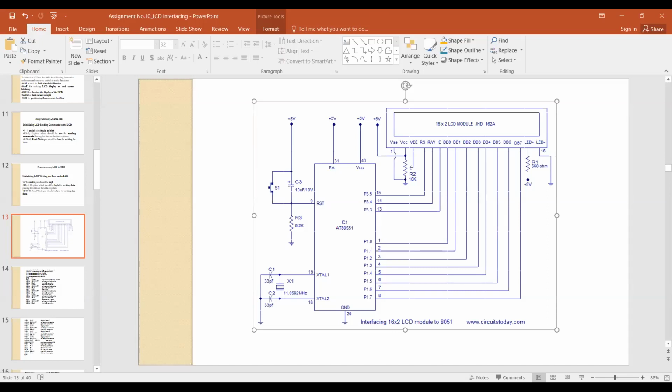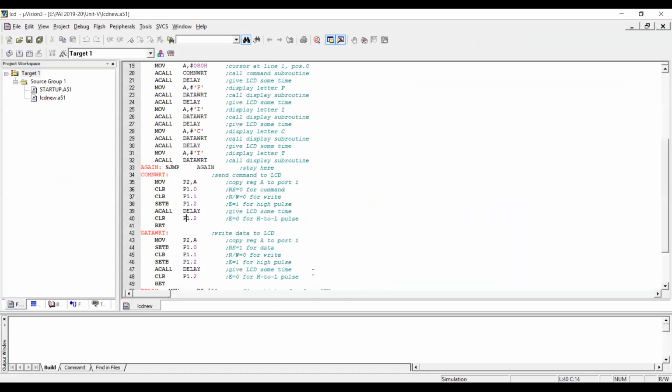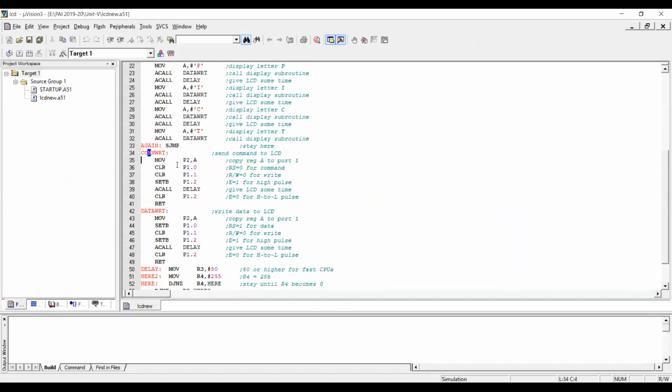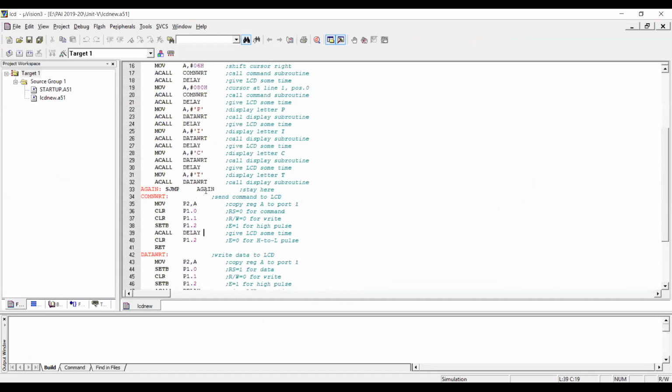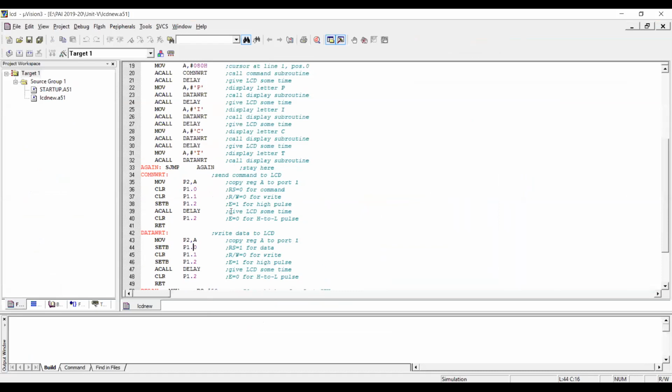Okay, so the next thing, just wait. So this is the thing to send the command and to send the data. See here, after P, what have we called? Data word. So data word is nothing but this data word. What I said is the difference between data word and command word: the RS value is 0 in a command word and the RS value is 1 in a data word. So right now here we set P1.0, set P 1.0. That means here we set the value, here we clear the value. The code is repeated in this program.